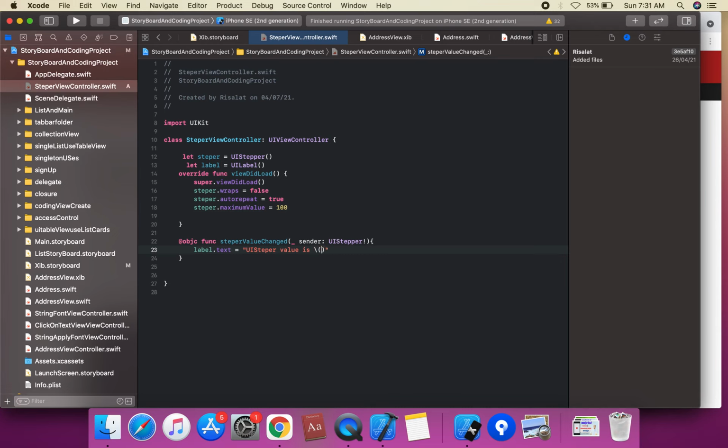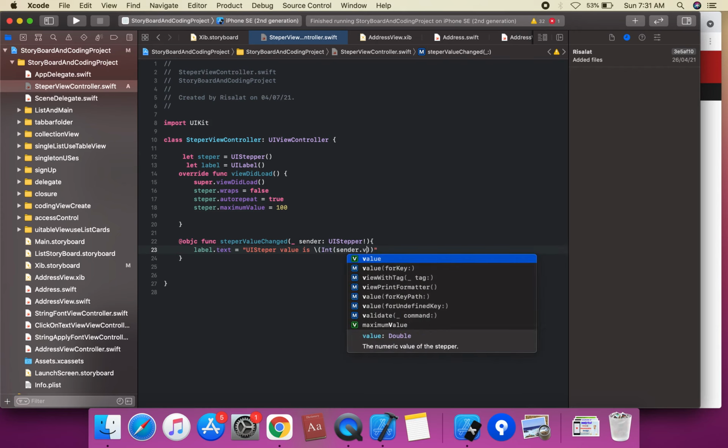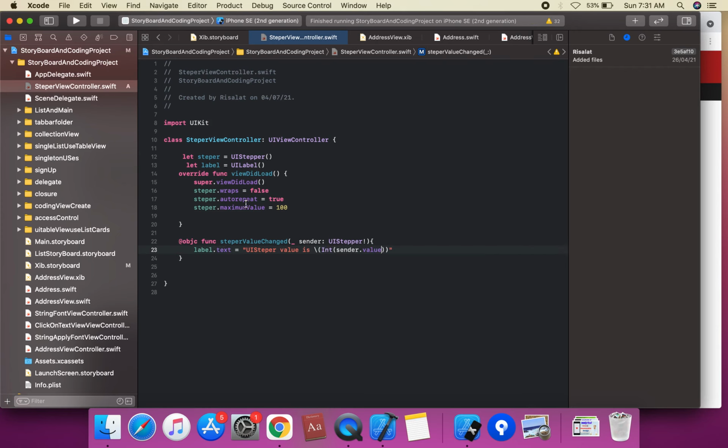So we can use the Int initializer, type casting the sender dot value. This is the stepper value, sender dot value. Sender is our parameter of UIStepper type.